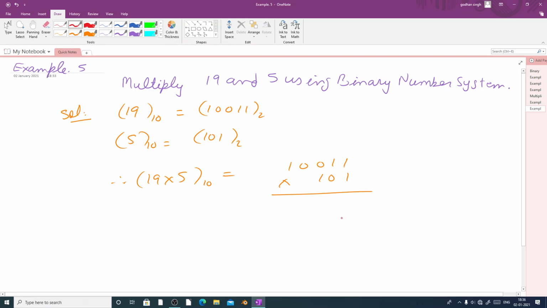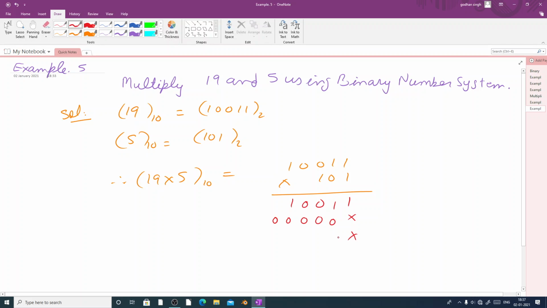So multiplying is very, very simple. You have to just apply the rules of multiplication of binary numbers. So the first row will be 1 into 1 is 1, 1 into 1 is 1, 1 into 0 is 0, 1 into 0 is 0, and 1 into 1 is 1. Then we'll go to the second row. Just put first one cross, then since we are multiplying with 0, all the digits will become 0. So how many are there? 1, 2, 3, 4, 5. There are 5 digits, so we'll be putting just 5 zeros.